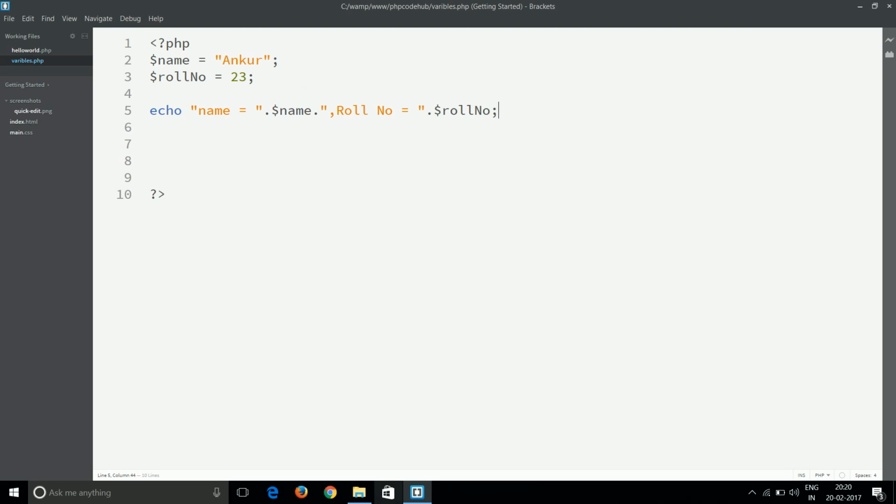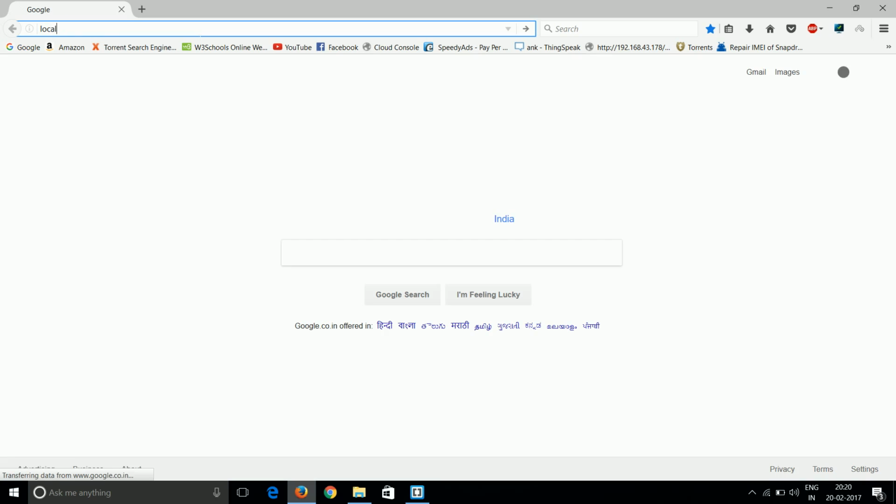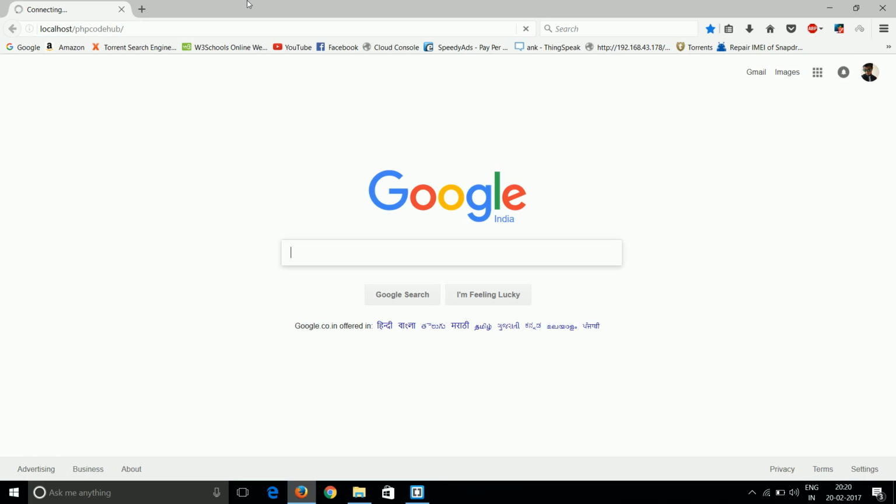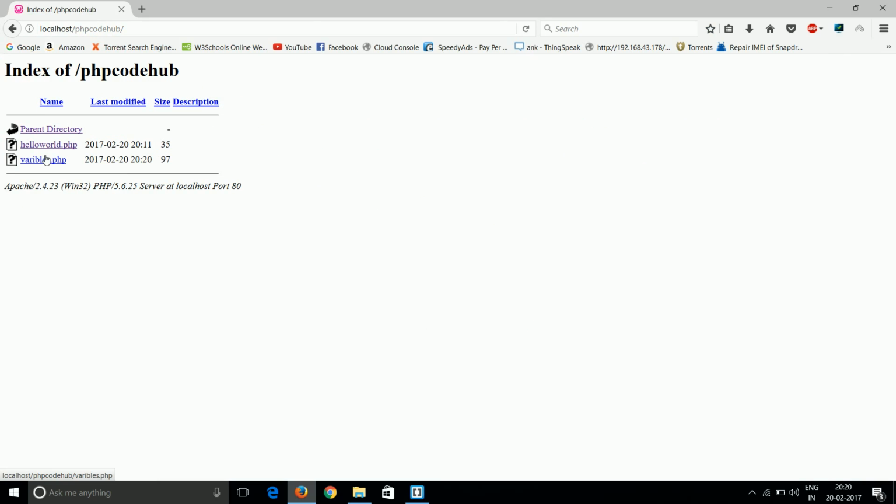Okay, now let's try it out. Localhost and PHP CodeHub. Now run our file variables.php. Here we can see name is equal to Ankur and roll number is equal to 23.